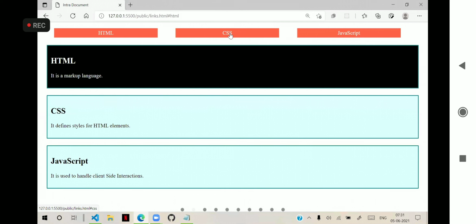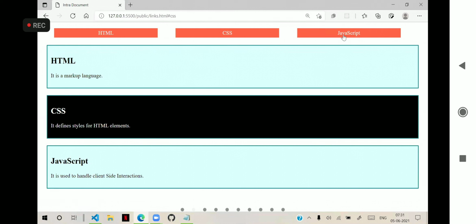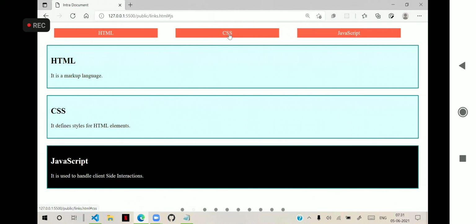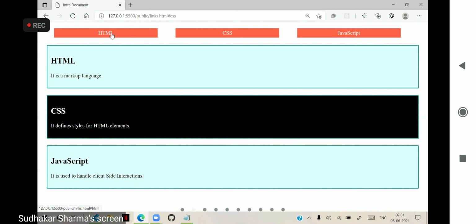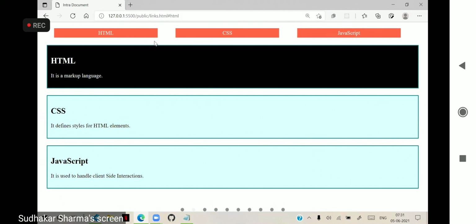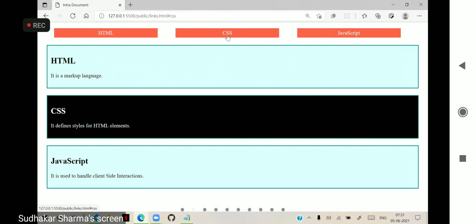This type of technique is very much required when there is not much information to scroll. When the user clicks, the topic becomes target and it is highlighted. If I don't use target in the CSS, the topic is highlighted but you cannot see it, and we don't have much content to scroll to that location.